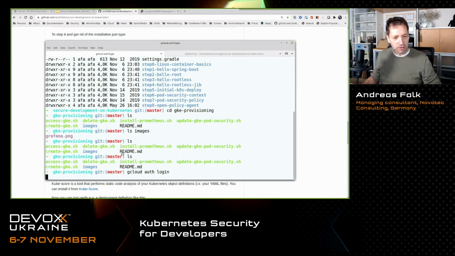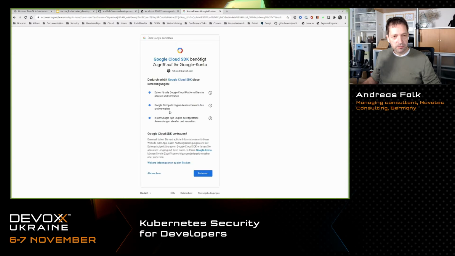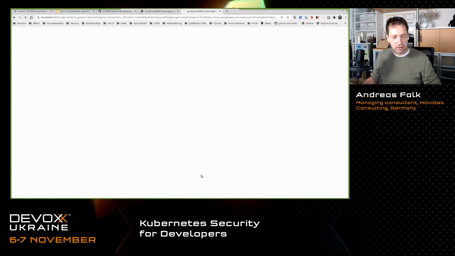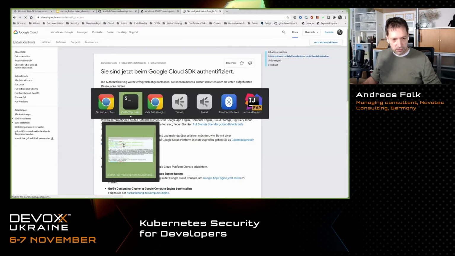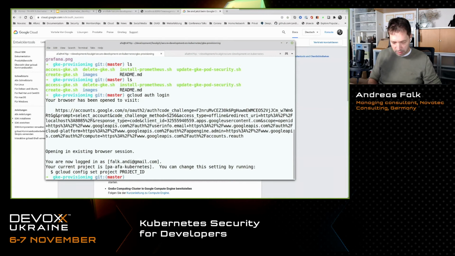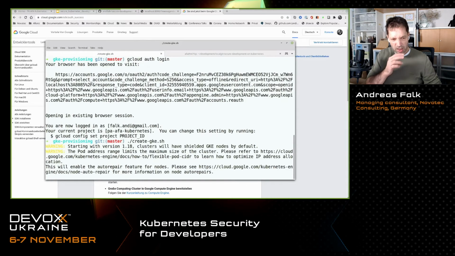That's strange. So now I should be logged in. Now I can just create my cluster. So I will start it now and leave it running, because it takes some time.